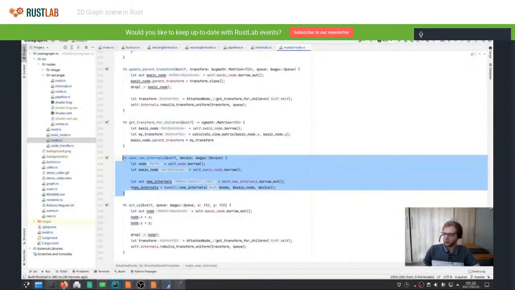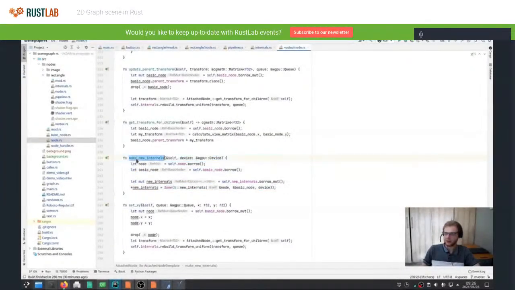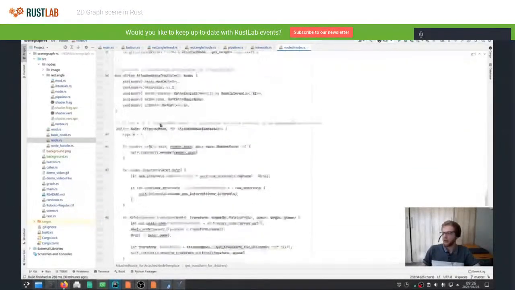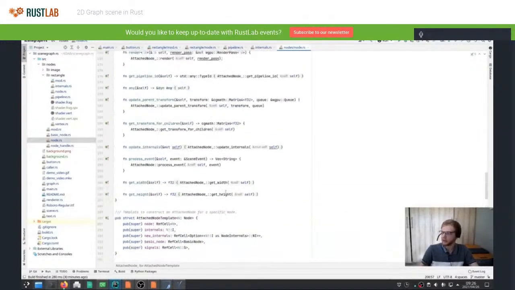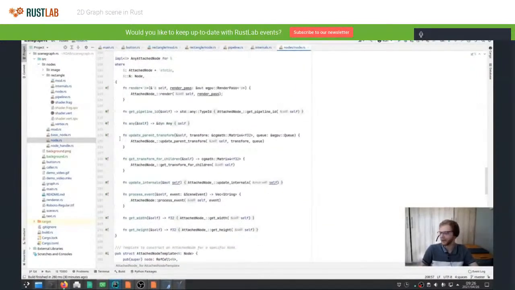So code for, for instance, making new internals or getting the transform, etc. is all stored there. You don't have to copy and paste that, which is one of the things you do want in Rust: to really use macros and traits and whatnot to never repeat yourself. I don't think I've gotten that right, but I do have it a bit right at least.